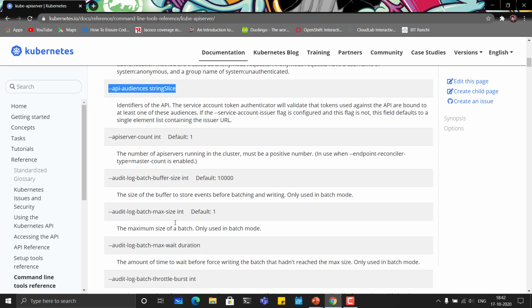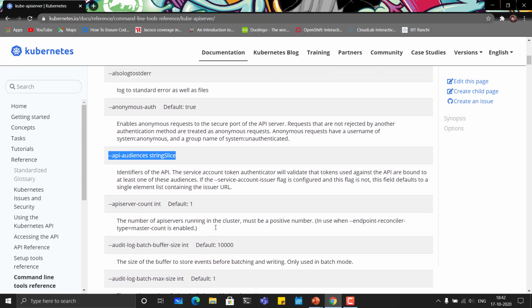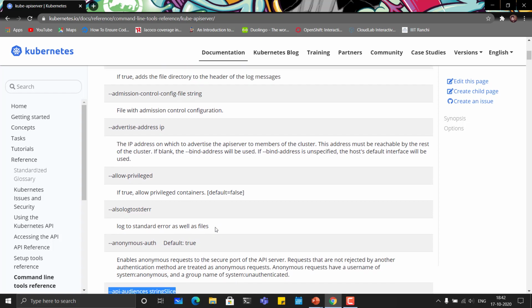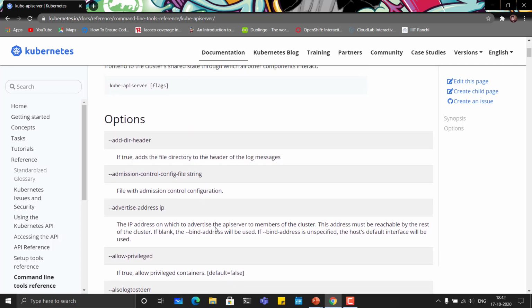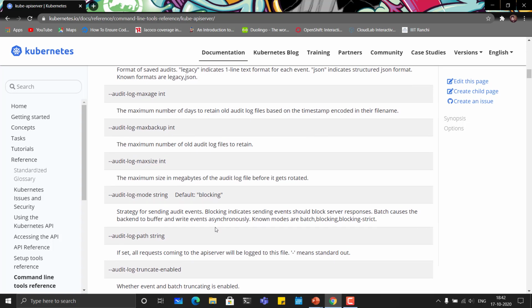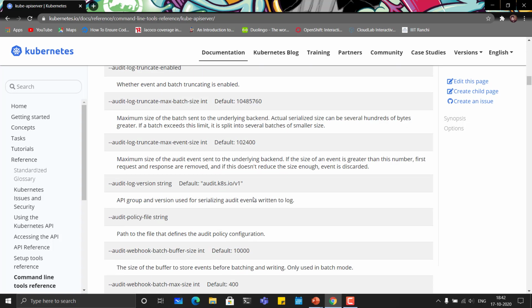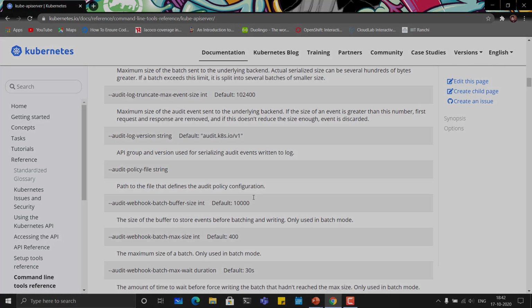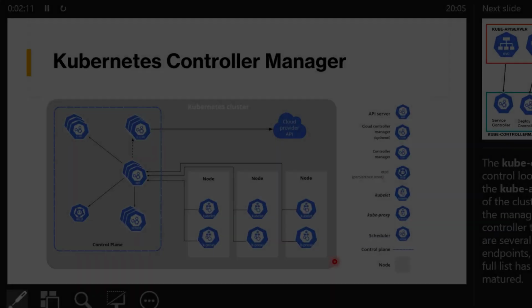Because we are going to create our own cluster from scratch by following Kelsey Hightower's Kubernetes The Hard Way guide, we need this to understand how each component of Kubernetes is connected and what is the meaning of each line that is written in that cluster. So for this, I would suggest you go through this complete documentation once, that is the Kube API server command line reference. I'll provide the link in the description below.